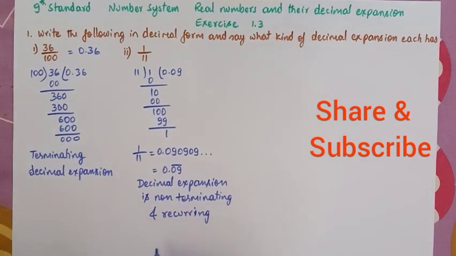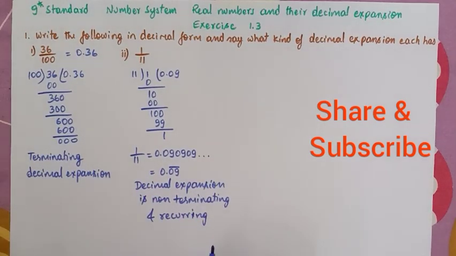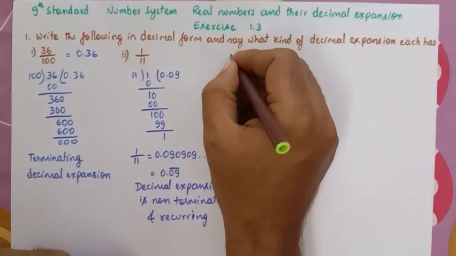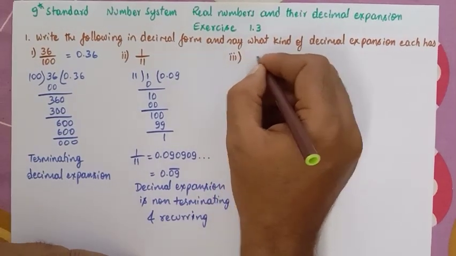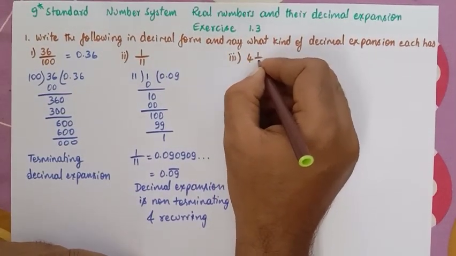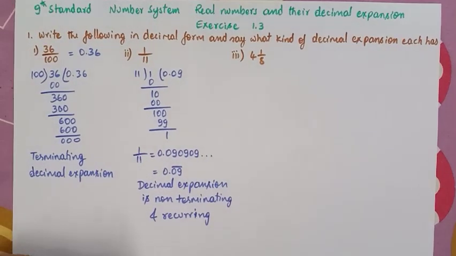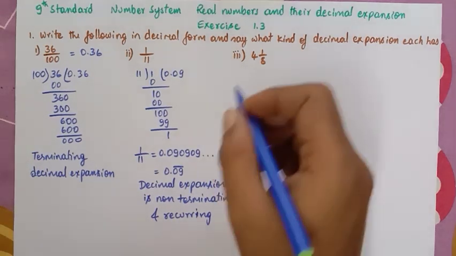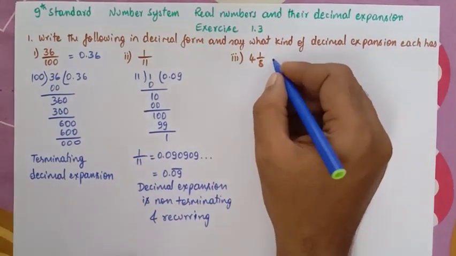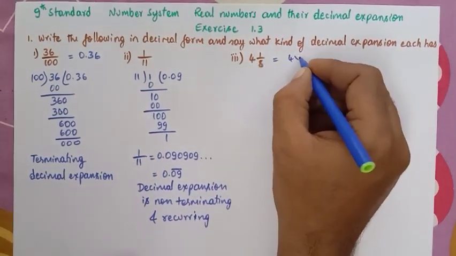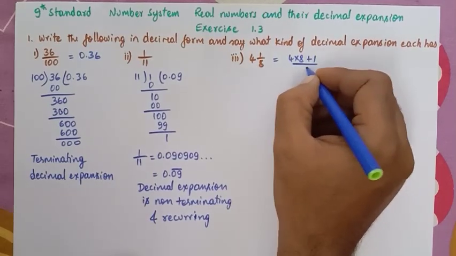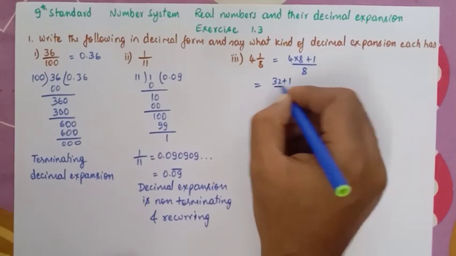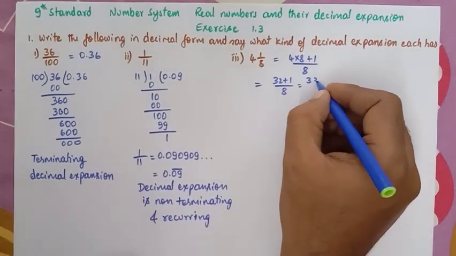So it is also a rational number. So let me move on to the next problem. That is, next we will check the third one. That is 4 1 by 8. So it is in a mixed fraction form. Let me transform it into the improper fraction. So it is equal to 4 into 8 plus 1 by 8, which is equal to 4 8s are 32 plus 1 by 8, which is equal to 33 by 8.